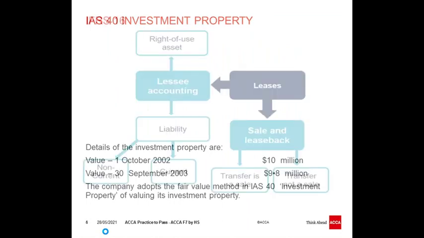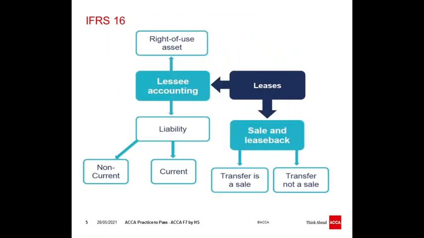Now, IFRS 16. IFRS 16 says that you need to follow one model, that is the right to use model. Previously in IAS 17, we had accounting for two types of leases. The first one is the operating lease. The second one is the finance lease. But now we have only one type of lease, that is the right to use model, in which we need to record the asset and the liability at the same time, and this liability will then be amortized